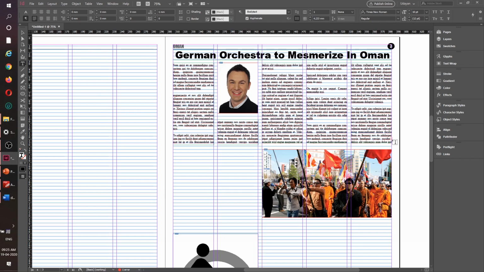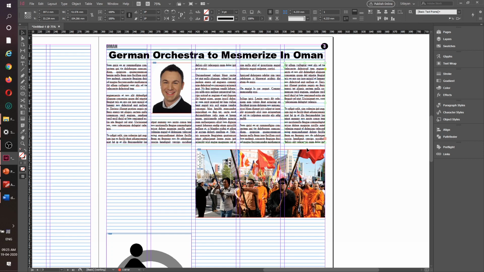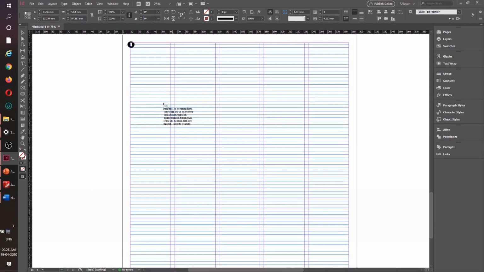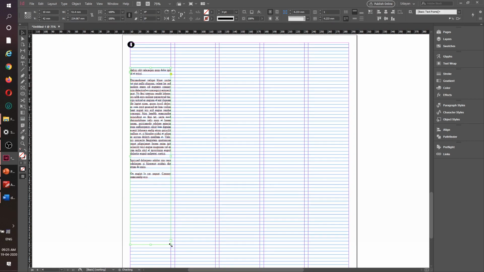So what I will do is I will try to show you how to make a jump page here. Okay, means when you want to move this story to some other page and we need to write this information that for more go to or more on page number. Okay, so that we can define here. So for this, I will just make some space. I will give you maybe one line less. In this one line, I will write that information. Okay. For the time being, let me say this part of the story goes to page 4 somewhere. Honestly, I have no idea, but just to show you how it works. So I'll keep it up here so that it fills in the element. Okay, good.